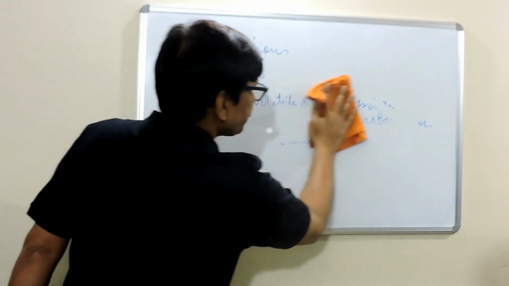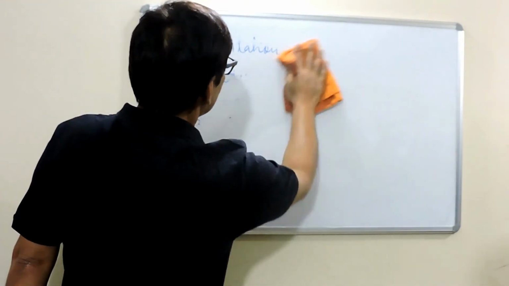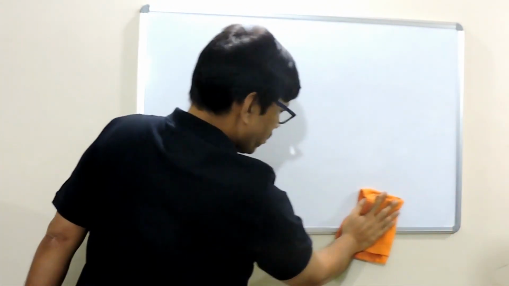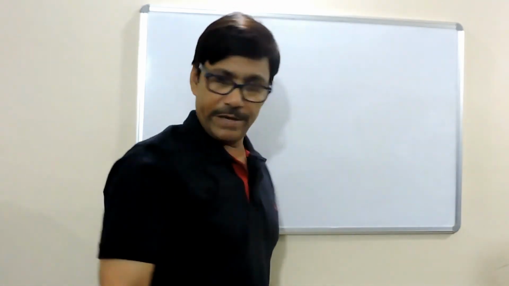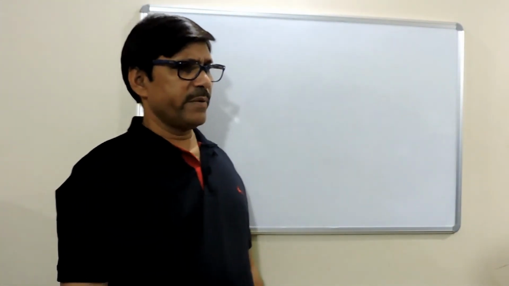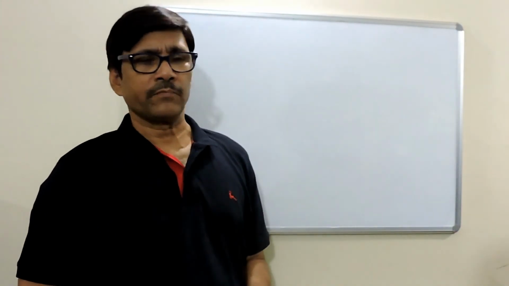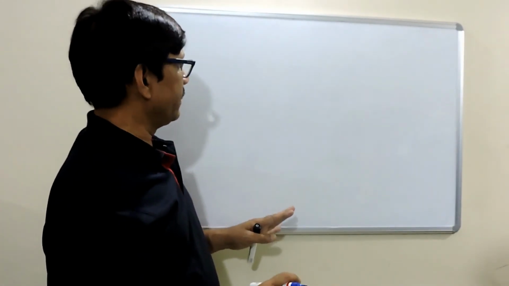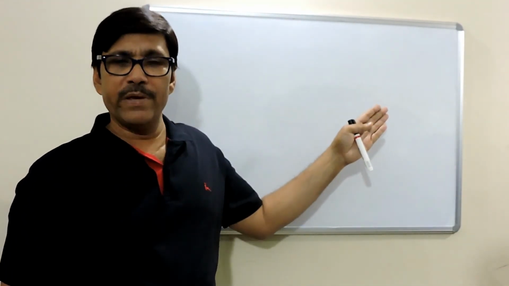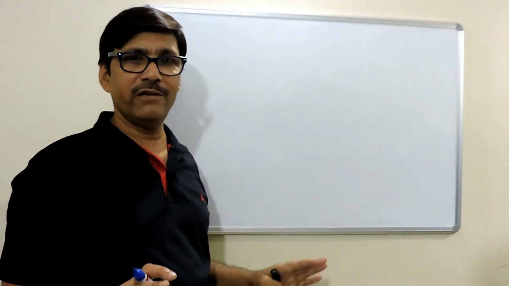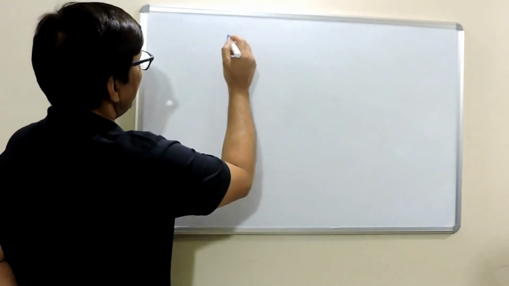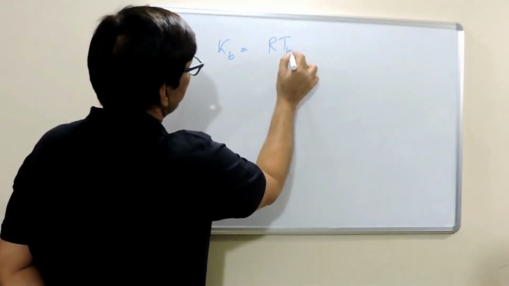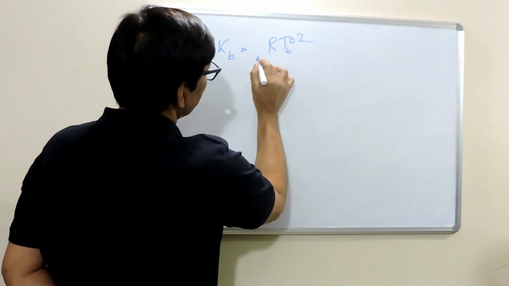Now what I said is Kb is constant for a solvent. Different solvents will have different values of Kb. For benzene, if I remember, it is about 2.6. For water it is 0.52. Now how do we determine the value of Kb for a particular solvent? Thermodynamically we can calculate it. Thermodynamically, Kb is given by R Tb naught square divided by